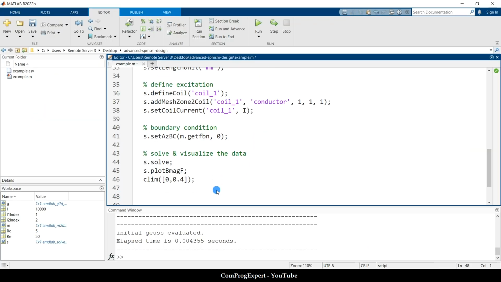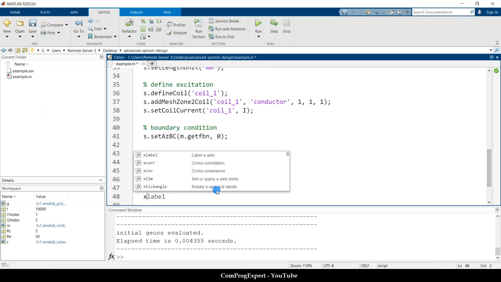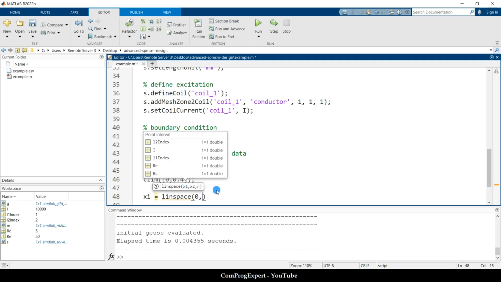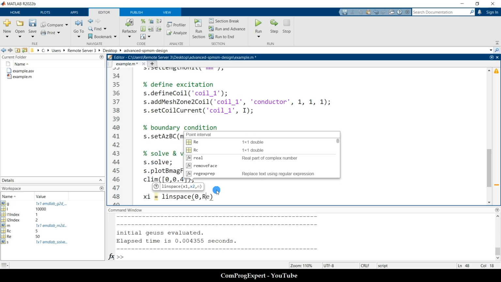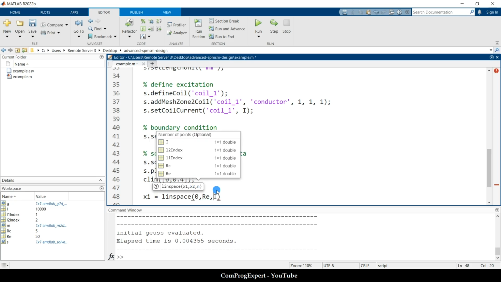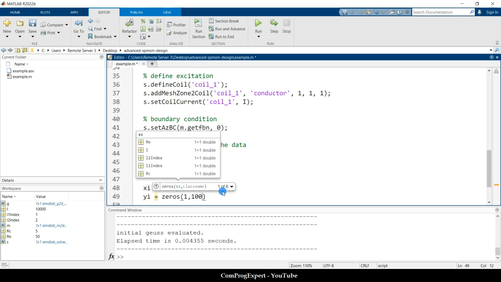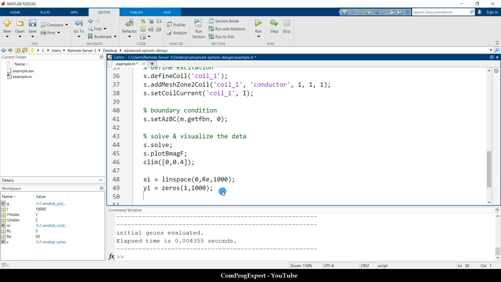Here I define sample points xi, linspace from 0 to r, consider 1000 points, and yi is equal to zeros, 1 by 1000 points. So Bx